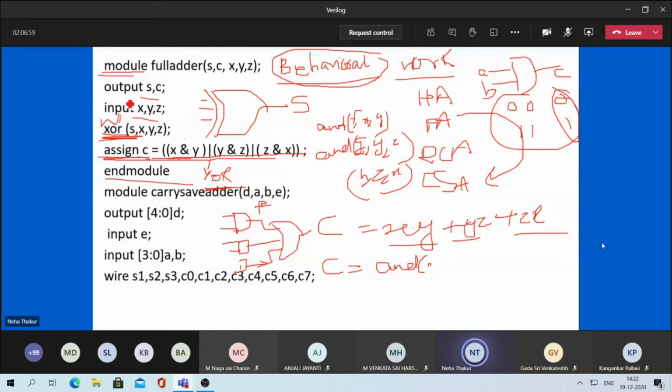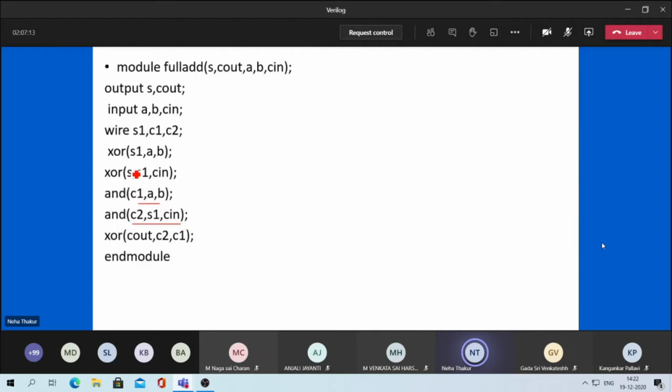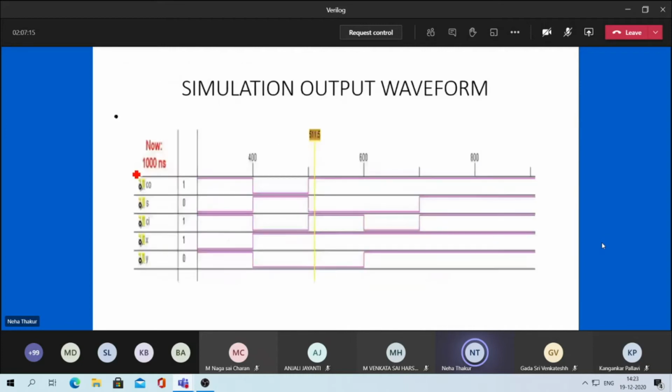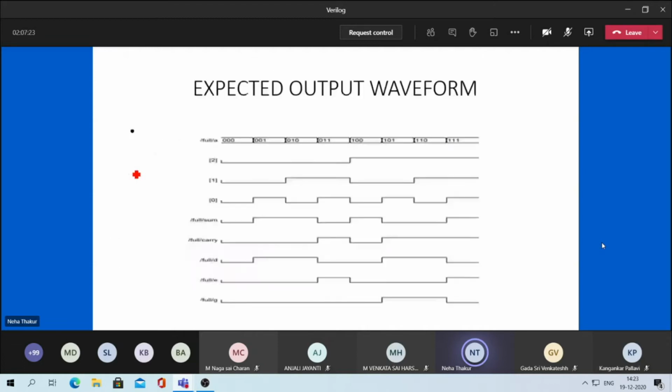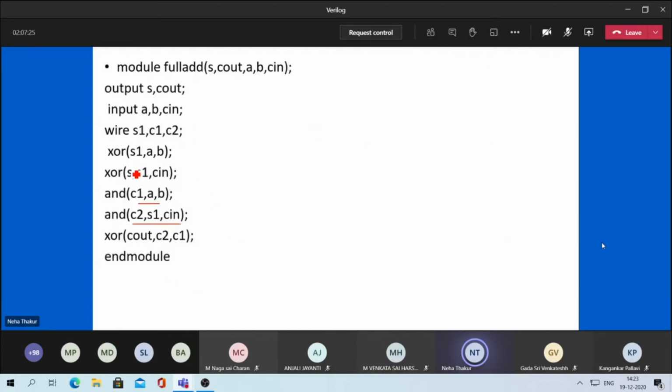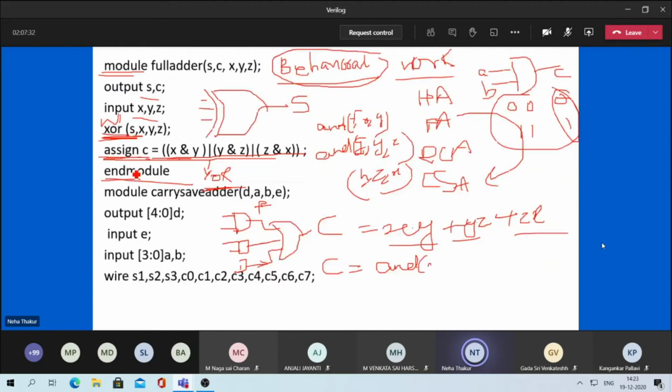Whenever you start a module, you have to end it. So this is your another code for full adder. Okay, so till now how many codes you know for full adder? One code will be this. Another type of code you have written here. And the first one is this one. So till now you know 3 ways of writing the code for full adder. You can write any one of it. It is all up to you, because full adder will work as a full adder in whatever way you want to write it.